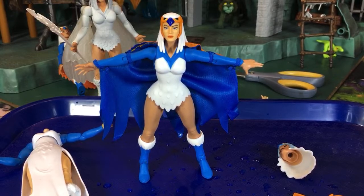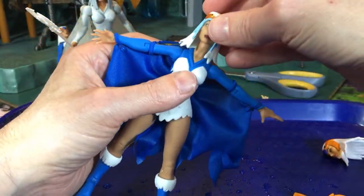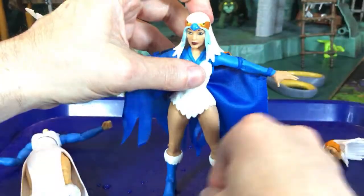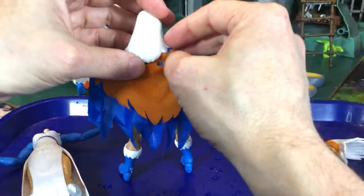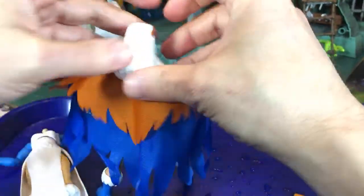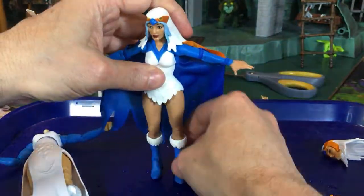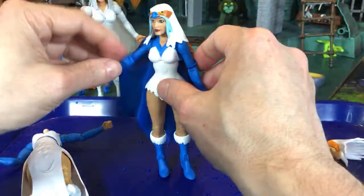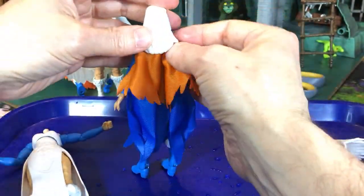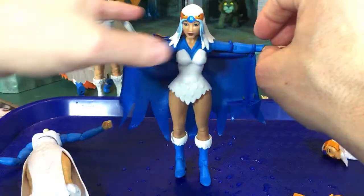All right. You should do another cape using that one as a guide. That's a good idea, Louise. Let's go ahead and put on her original head and see how it looks. Again, you'll want to tuck that up in there, and I'll have to figure out some way to mount it to stay up there. That's not too bad. Not too shabby. Except for it's all wet, but...